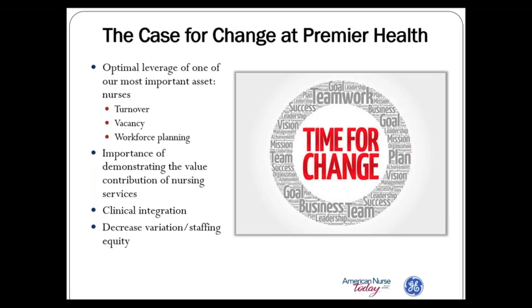acuity system. Clearly, it's very important for us, as many others, that our resources, and particularly our nursing resources, are extremely important to us. They're one of our most important assets that we have here at Premier Health. And taking into consideration our turnover, our vacancy, and more importantly, because our turnover and vacancy is somewhat much better than the national average, but from a workforce planning, everyone is very well aware that